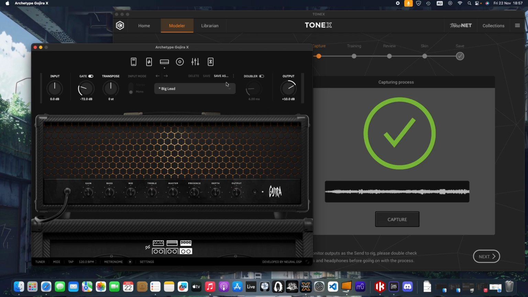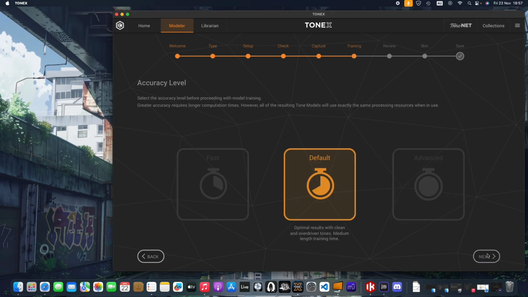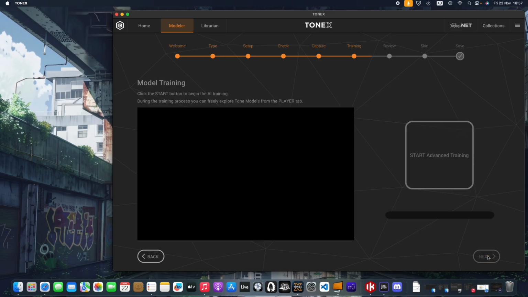Okay, so our capture process is finished and we can head to the next page. Here we are given 3 choices: fast, default and advanced. Obviously I want to have the 1-to-1 copy of the preset, so I'm going with advanced, which is also the longest, but for this video I'm going with advanced, so we can get a good comparison between TONEX and Neural DSP. Here we can hit start advanced training,